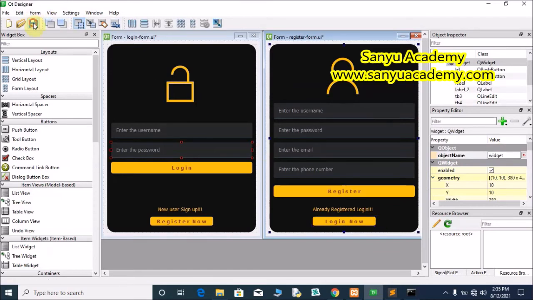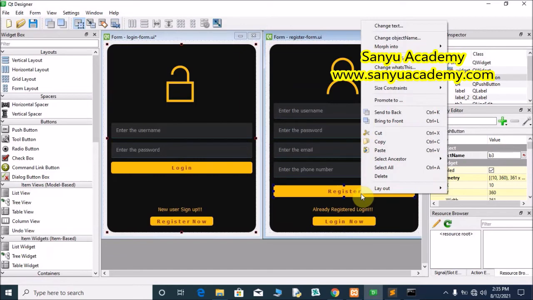Save the coding and we will run the form, but we have changed the button names b3, b4, so we have to change the style sheet also. Change style sheet,